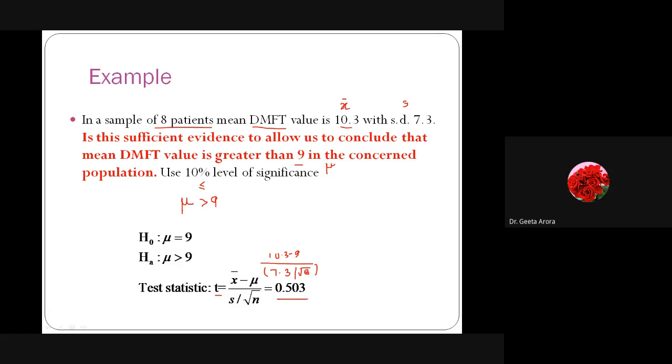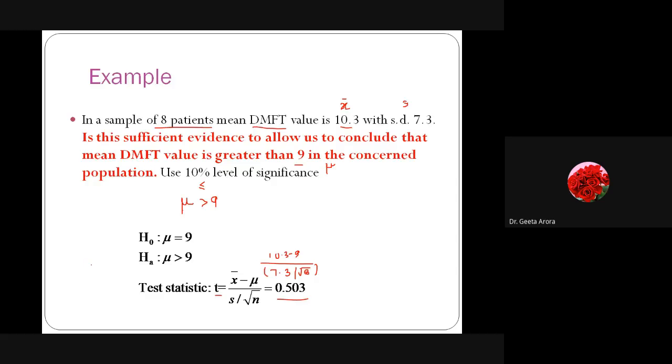If you do the calculation with the help of your calculator, you will get the value as 0.503. Correct? I'm assuming whatever is written on the slide is correct, but you still have to check and verify it so that there is no chance of mistake. Now this type of value will be given to you whenever we give you a question for the t-test, because students have not been provided with the sheet, so they have to ask the examiner. Correct?